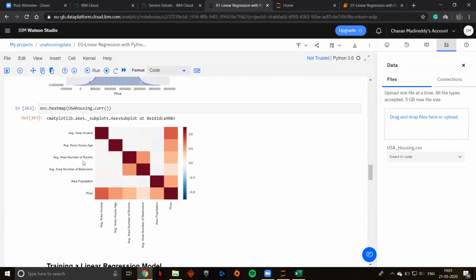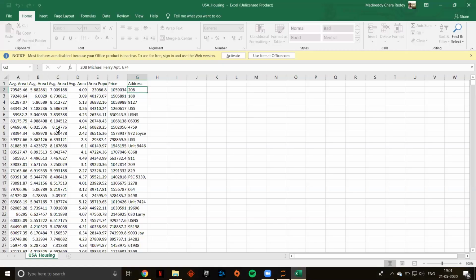So this is a graph. This is a heat map. Generally, using that data set, you're going to create a heat map. Using this heat map, you can tell which column is more useful. The address: let us assume an area like Hyderabad.